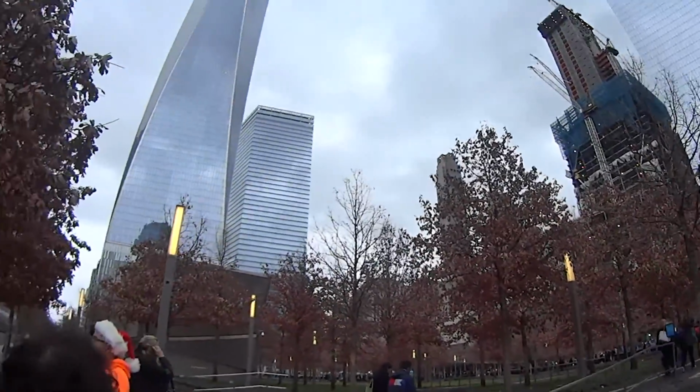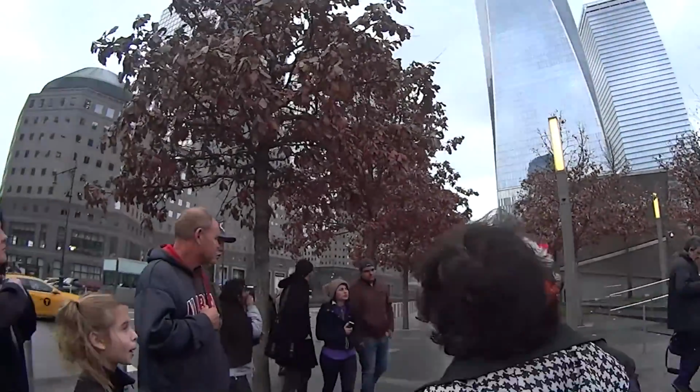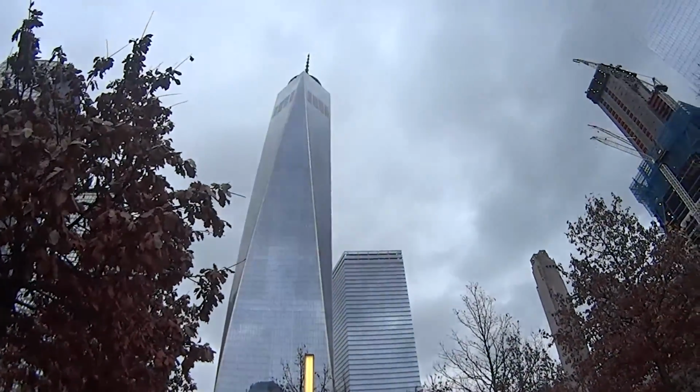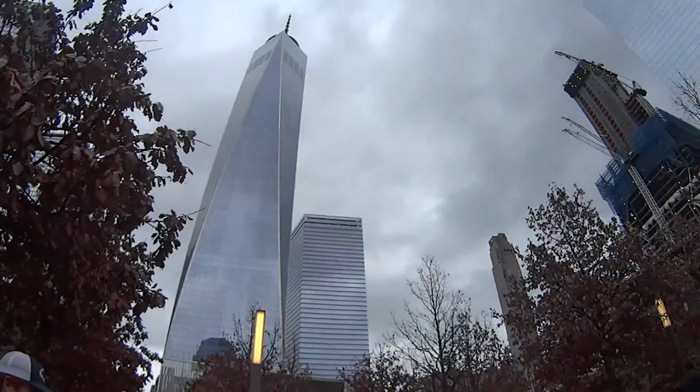Okay, so a little bit more about that Oculus that I was talking about. So that is going to be a subway hub. The subway hub will connect the World Financial Center with the World Trade Center over to the